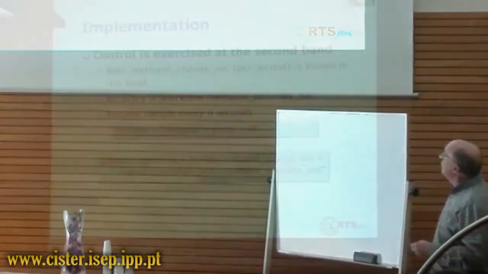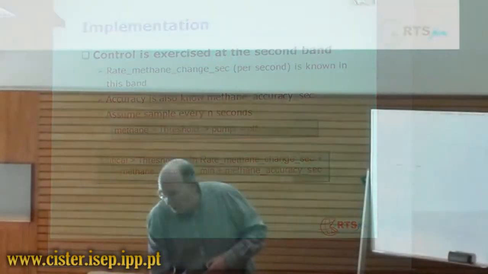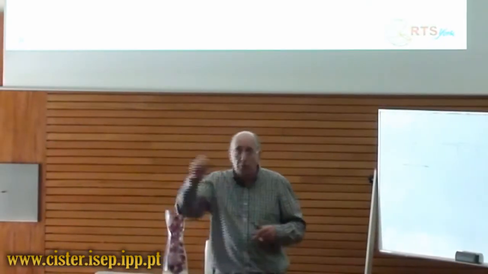So we have as a controller, if the methane is higher than some threshold value, we want to turn the pump off, and then you can deduce merely from the parameters of the time-bound model what that threshold value has to be. It's got to be less than critical. You get this relationship to do with the rate of change of the methane and the accuracy of the methane at the minute level and at the second level. Won't go into detail of that, but you can construct the constraint on the threshold value in order to give